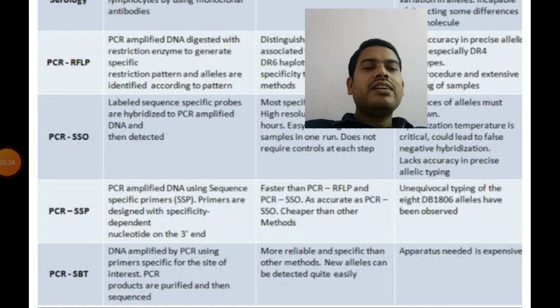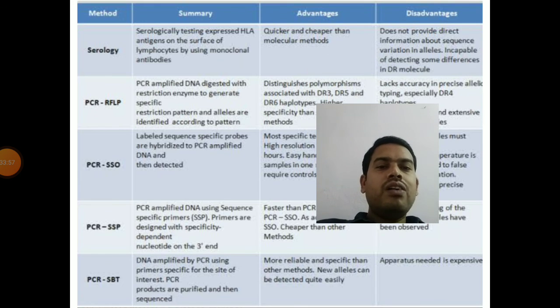This is a highly expensive experiment, but it will give accurate results. So PCR SBT is the widely accepted and reliable method of HLA typing. Once it is done, then you can easily transplant the organ from donor to recipient. So this is how we use the molecular methods for the process of HLA typing, that means typing the alleles of HLA